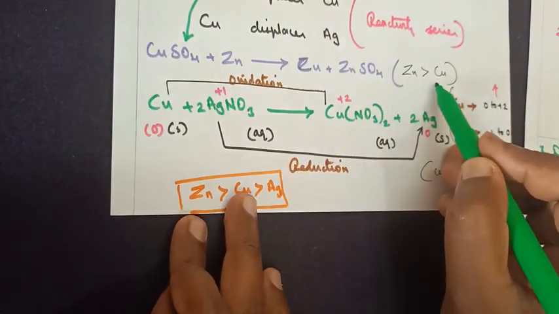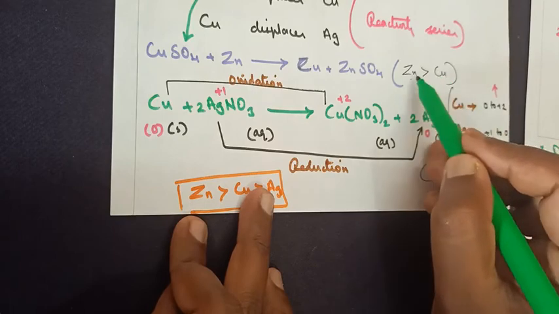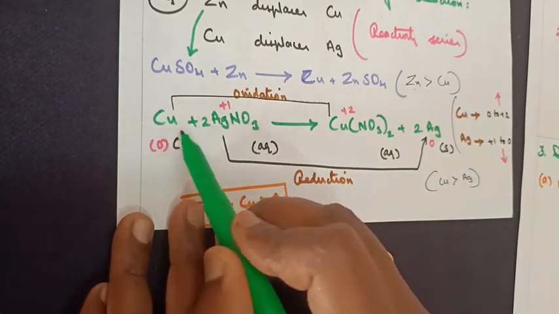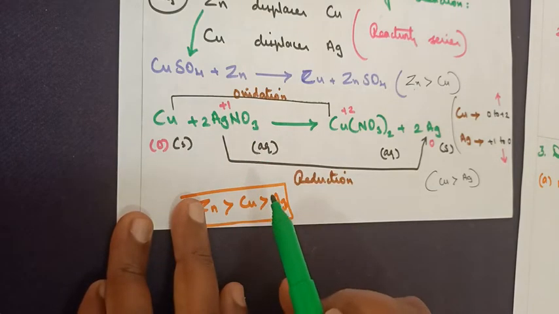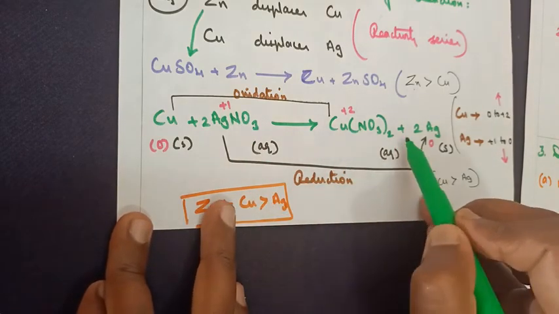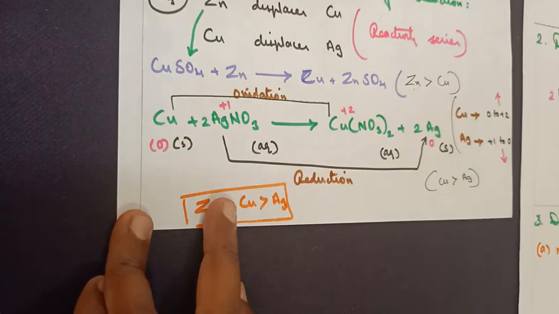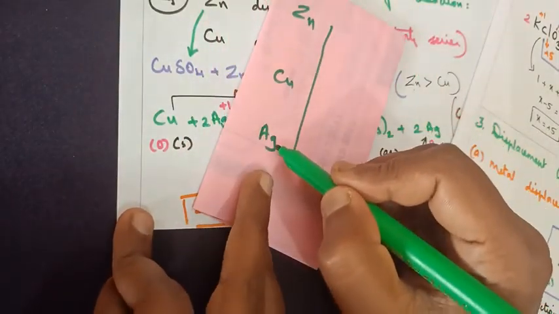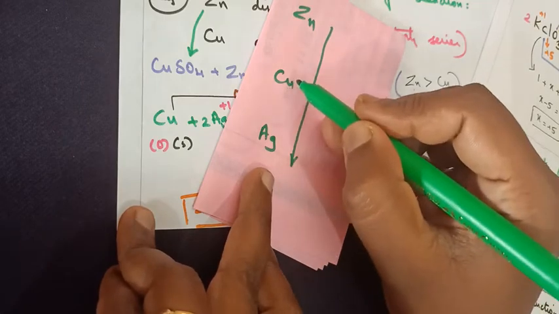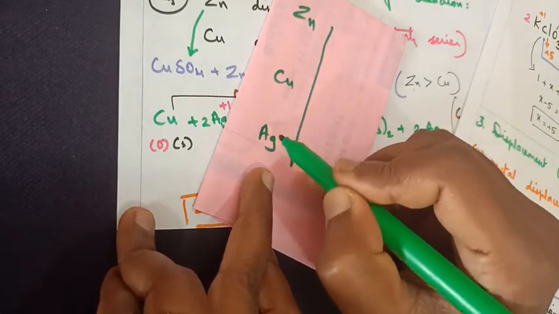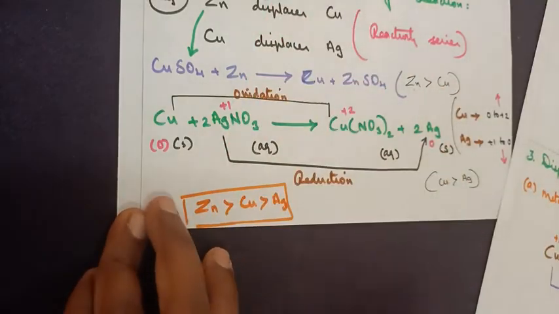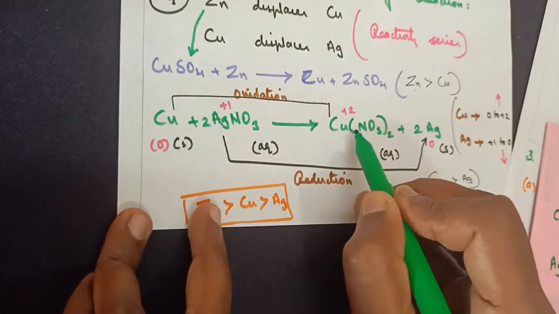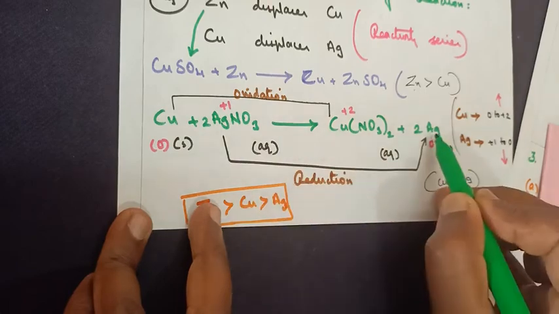That's the same point I have written: between zinc and copper, zinc is more reactive. Look at the next example of copper. When you treat it with silver nitrate, you get copper nitrate plus silver. In this case, again, in the reactivity series, silver comes below copper. So copper, being higher, has the ability to throw away the lower one. Based on that concept, copper combines with the nitrate ion, forms copper nitrate, leaving behind silver.